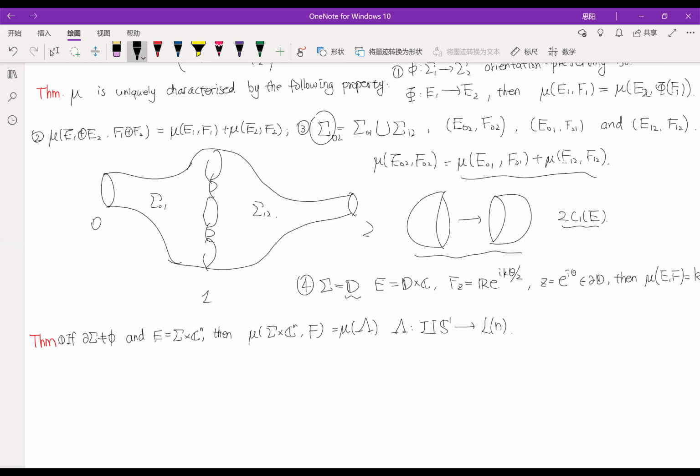This is the first one, and the second one is that if the boundary of sigma is empty,